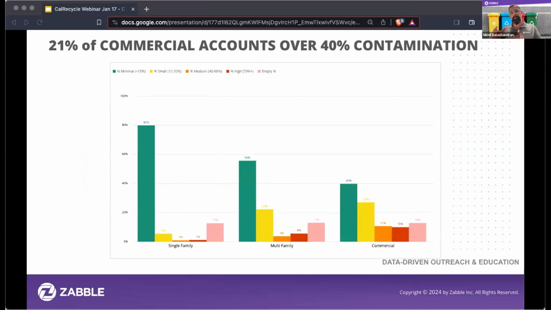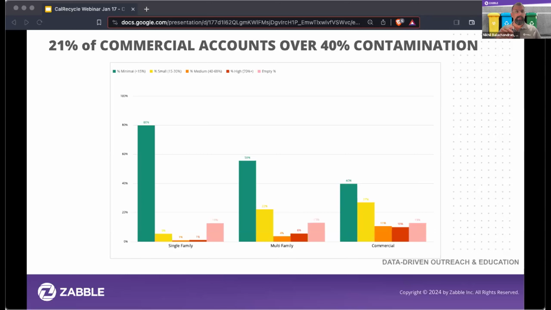And so Rebecca wanted to go one step further and see how severe contamination was across the generator types, to further hone in on those accounts where she wanted to maybe send good job tags, or those where she wanted to send oops tags or notices of violation. And so you can clearly see the difference between the generator types and contamination levels.